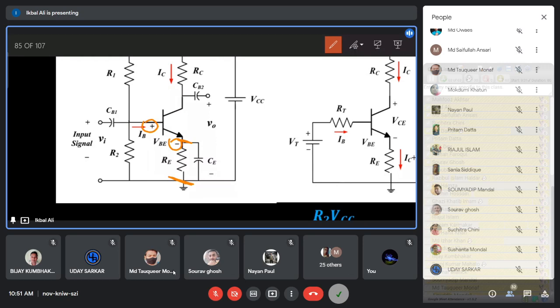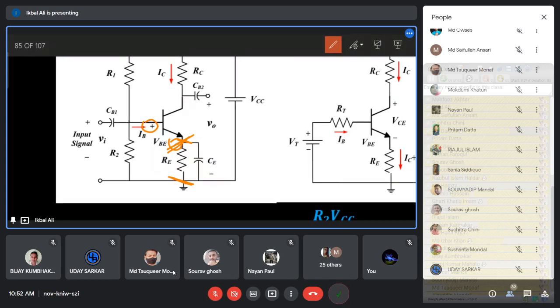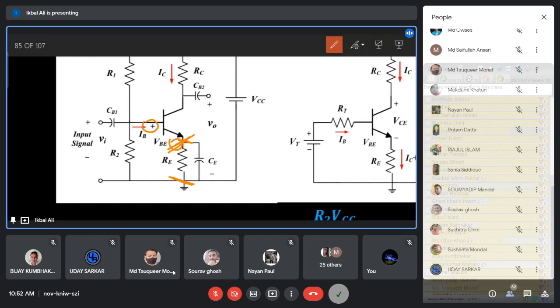Similarly, think of the opposite process. If the collector current is decreasing, then what happens? This point's potential goes down. So the difference between the base and emitter potential increases. That means VBE increases, the forward biasing potential is increasing, and that will increase the base current. If the base current increases, then the collector current will increase. So the falling collector current is restored to its original value. This is the feedback mechanism that does not allow any collector current change.